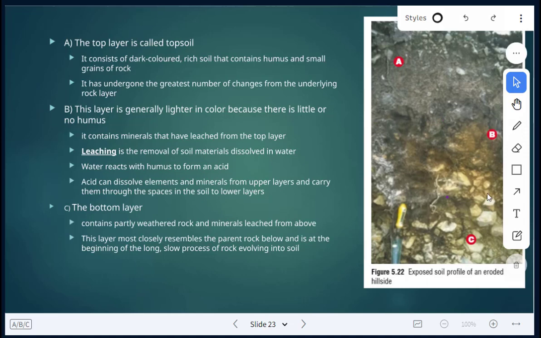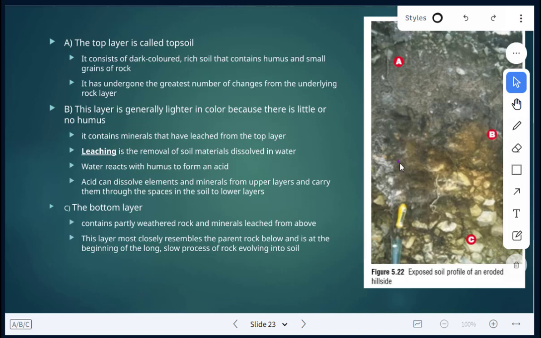B, this area here. So we were at layer B. It's lighter in color because there's little to no humus. It contains minerals that have leached from the top layer. Leaching is the removal of soil materials that have been dissolved in water. Water will react with humus to form an acid. That acid can dissolve elements and minerals from the upper layers and carry them through the spaces in the soil